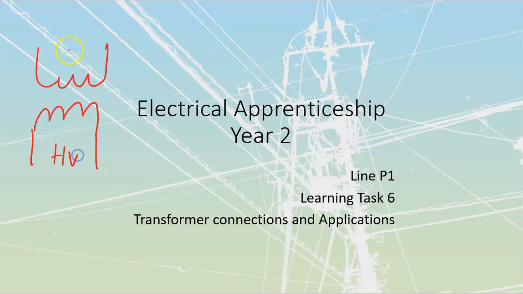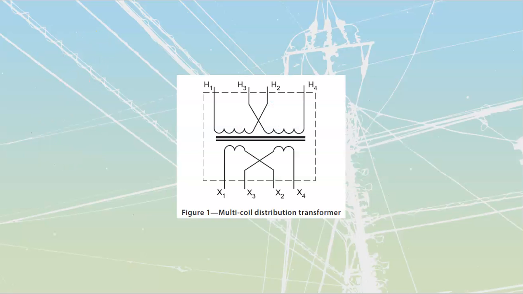This one here could be the high voltage, this one here could be the low voltage, if I was doing a step down application or whatever it was. But we only really had one option to use them at. I could only use this if I had the proper high voltage value and the proper low voltage value. What we more commonly have is what's called multi-coil transformers. A multi-coil transformer is going to look like this and have multiple coils that we can choose to either series or parallel together